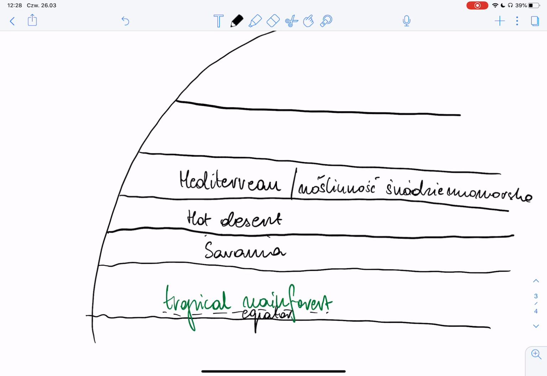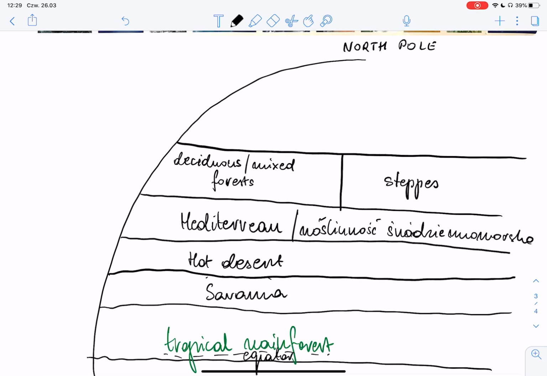More to the north, we will have two separate groups depending on whether it's more oceanic or continental. So we have deciduous/mixed forests or steppes, which are vast meadows. But unlike savannas, steppes are much more humid, there is much more water in them, and different species live there. Then we have taiga, which is basically mostly